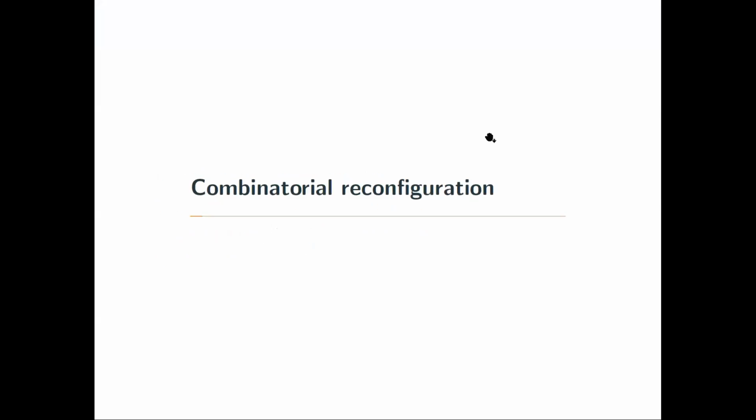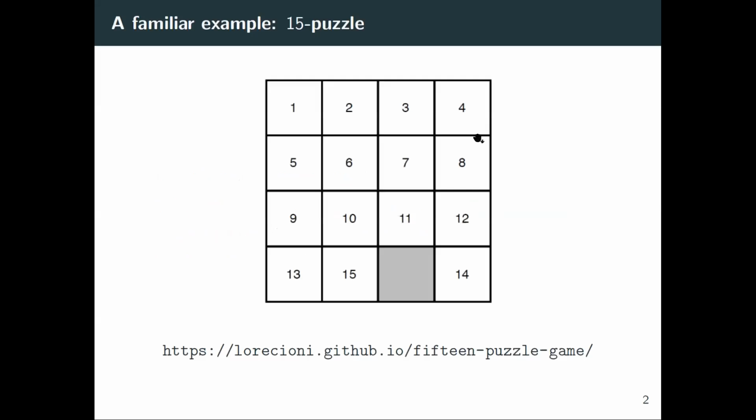All right, so what is combinatorial reconfiguration? The best way to introduce it, I think, is with a familiar example, which is one-player games. The most common one that we use is the 15 puzzle game. For those of you who don't know it, you're given a 4x4 grid with one empty square. The remaining 15 squares are numbered from 1 to 15 and come in some ordering. Your job is to move the squares around so that all the numbers become ordered, by row.